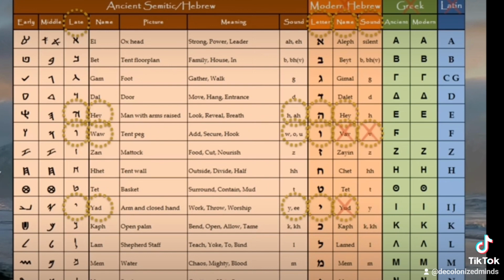And it denotes a W, O, or U sound. See on the chart? No V. We are going to show you several examples which prove the precedent for the name of God is U, not O and not W in this instance. So, first three letters are Yahu,